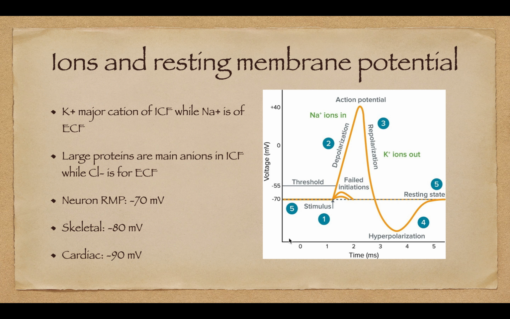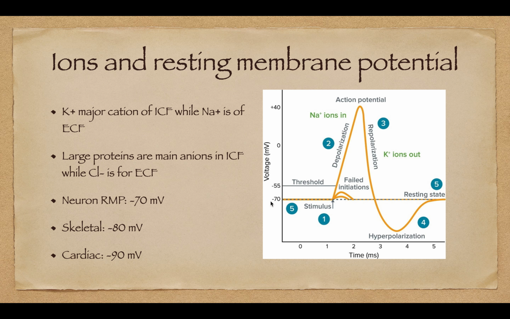So what's important to know is that potassium is the major cation of the intracellular fluid, while sodium is the major cation of the extracellular fluid. I like to remember it as a salty banana. Inside is the banana, potassium. Outside is the salt. The large proteins are the main anions in the intracellular fluid, while chloride is going to be the main anion for the extracellular fluid. So these values are somewhat important, but just know that